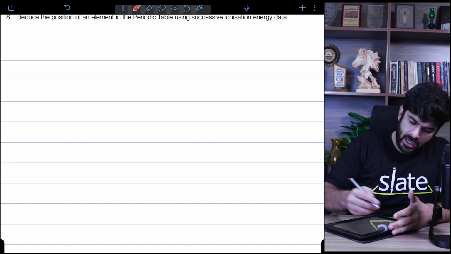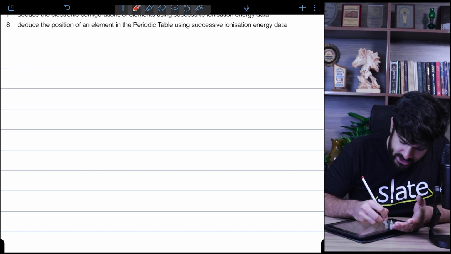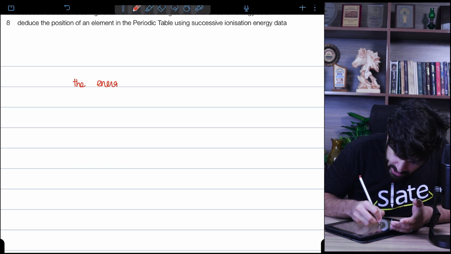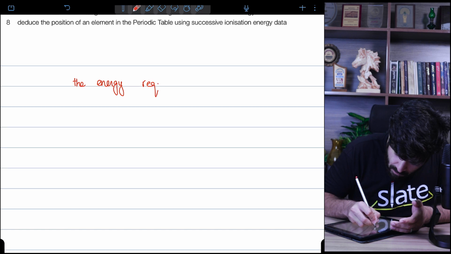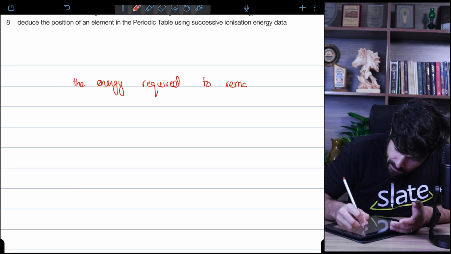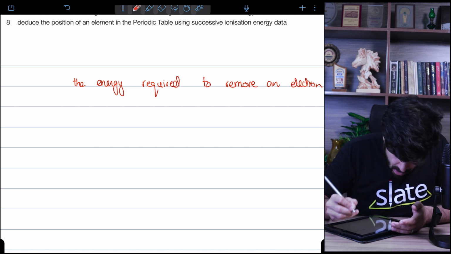In easy words, I would just write for ionization energy, the energy required to remove an electron. Now,